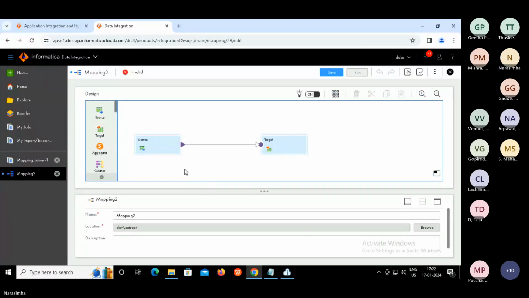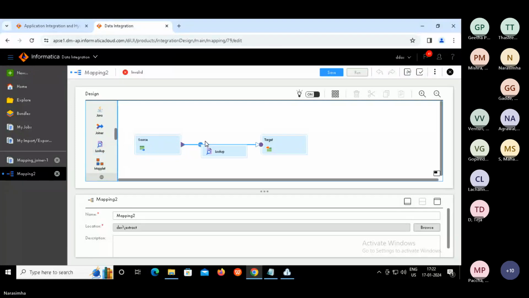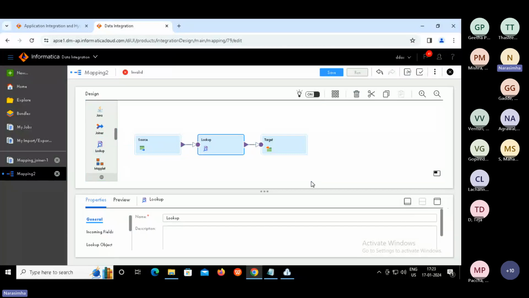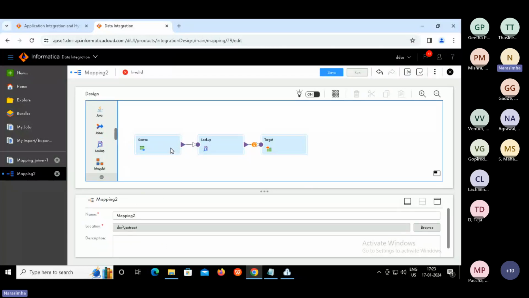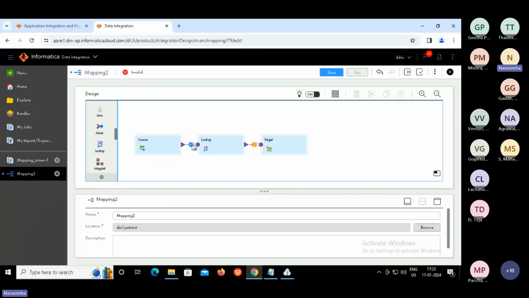So we can use lookup here. Somewhere you'll have the lookup transformation. Can you see, guys? Select lookup, drag and drop it onto this particular link. This is what we call connected, because we are connecting source with a lookup. So we can say it's connected or pipelining or a link, whatever. They're all synonyms, guys.